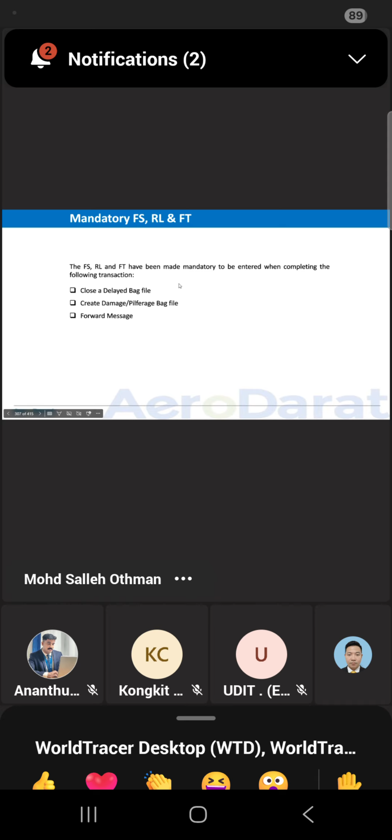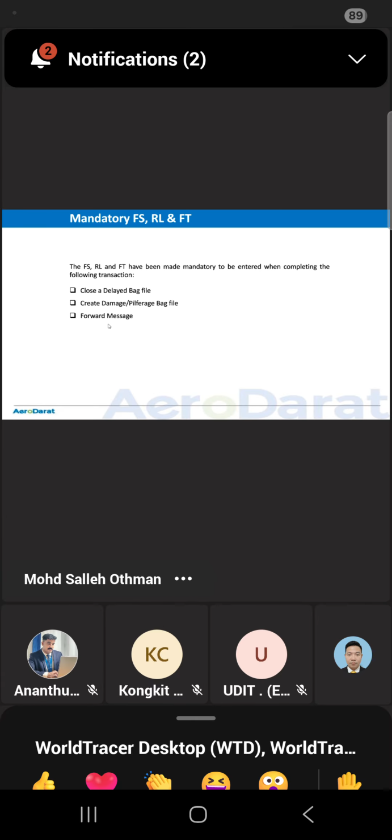It's contradicting. Next, when we want to create a damage and verify, it is mandatory to put FSRL. When you close, the FSRL is already there, so you don't need to put the FSRL because it is already in the file. So before we create a DPR, it is mandatory to update the FSRL.